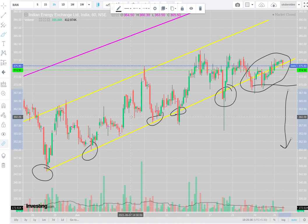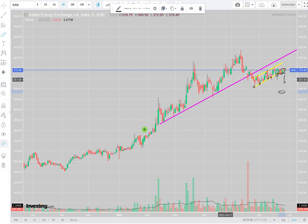So as a result, it has been consolidating lately with no volume for so many hours. You can see the last volume came on the 18th of June, and today is the 27th, so 10 days and 5-6 sessions have gone by, and still there is absolutely no volume. So this is exactly the reason why, going forward, I think it can go for a breakdown, and if that happens, I won't be surprised to see